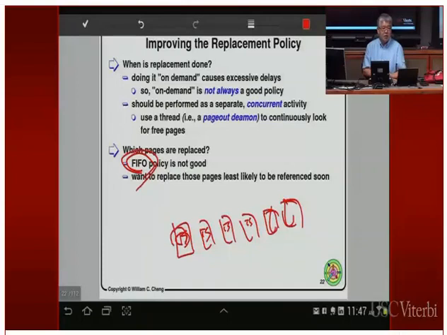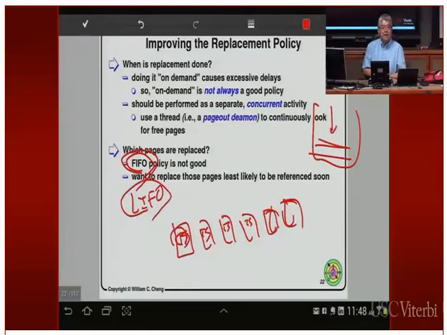So we've got to use some other policy. What about last in, first out? Last in, first out is like a stack data structure, right? You push stuff on the top, and then you pop off the stack. That's a last in, first out data structure. Is that a good policy? That means the one you just allocated, the one you just created, is the one you're going to remove first. So that's clearly a really bad policy.